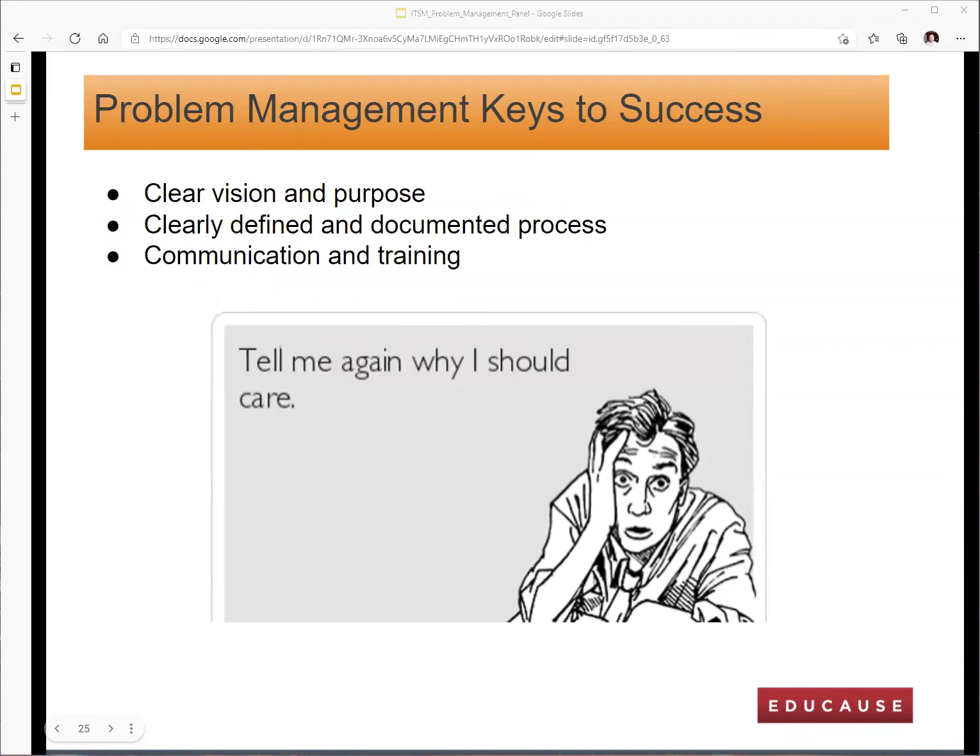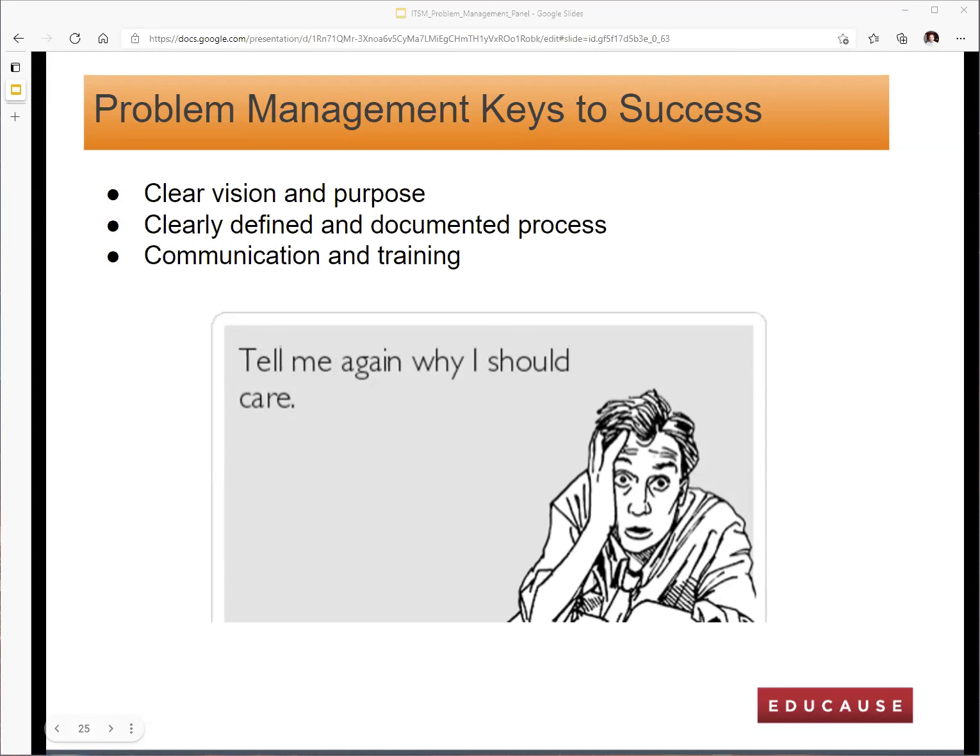So you've all seen this face. Tell me again why I should care. Having a clear vision and purpose with the process is very important. Having a well-defined and documented process is important. And communicating and training is very important, because you will get that face. Something goes wrong and you say, hey, open a problem record for it. And they say, oh, why? Why do I have to do that? How is this going to help me? Because I'm really busy, and you need to be able to demonstrate